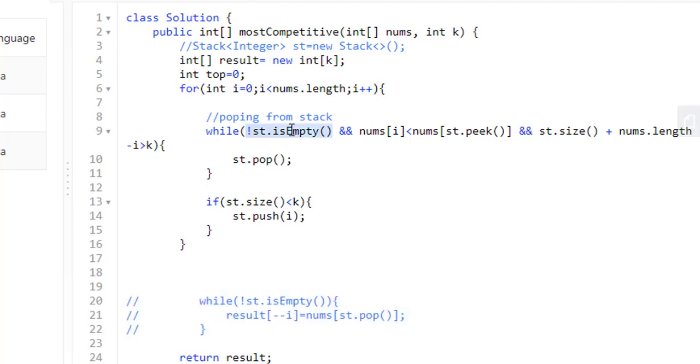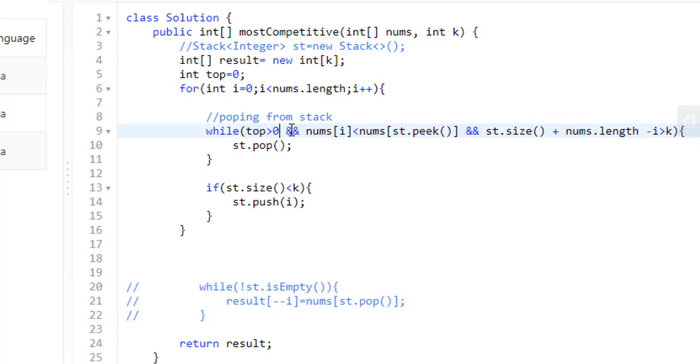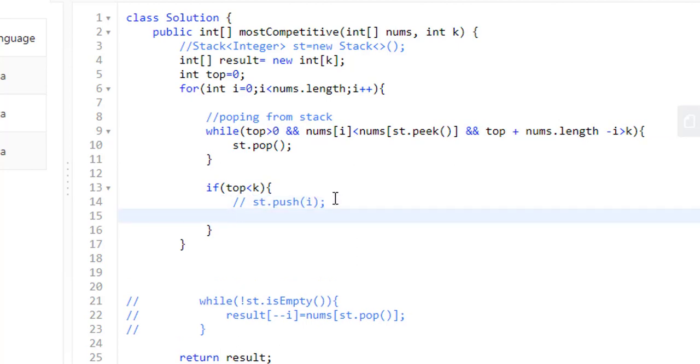Now the stack not being empty means top is greater than 0. The stack.size will now be represented by the value top holds. We'll change that here as well. Pushing the value in the stack is similar to putting the value at the top index of the array, and we need to increment it as well.